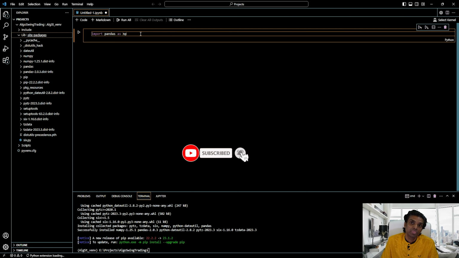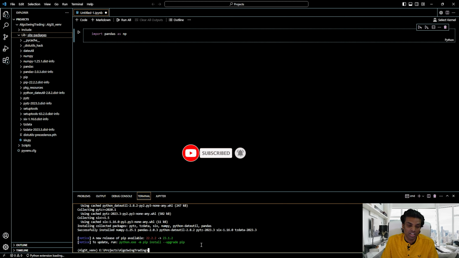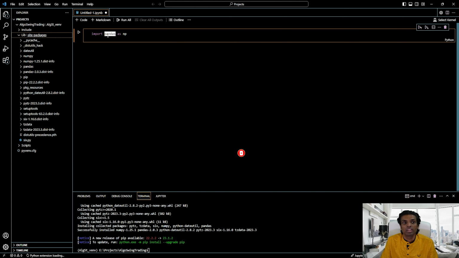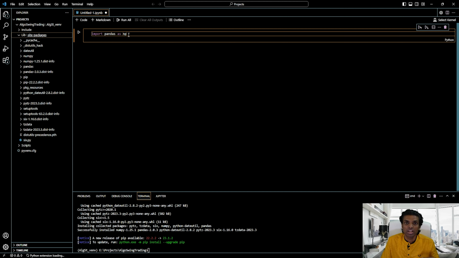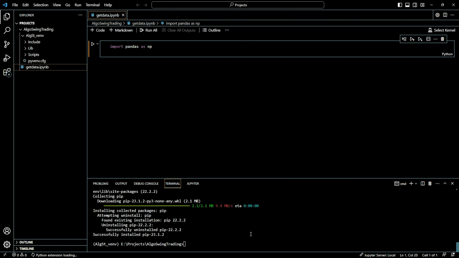Now you must be thinking that since we installed the pandas library, why are we calling it? The reason being, we have to call it because we are importing all those functions within this pandas library or the package, right? And first, okay, let's install